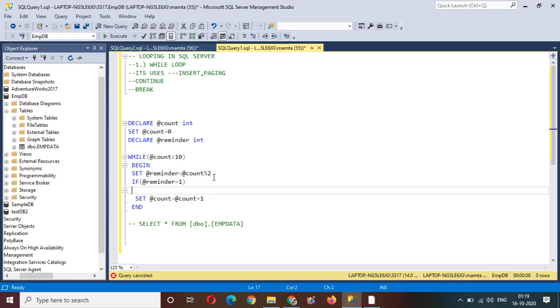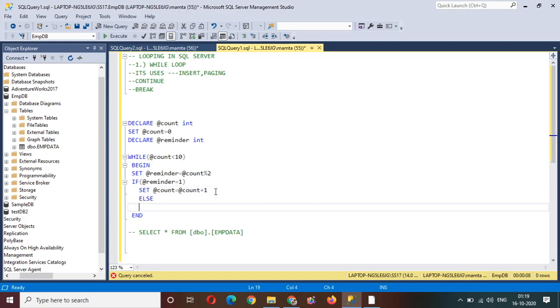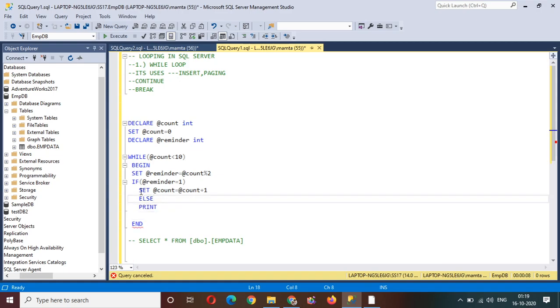So in that case, if it is an odd number, you do not need to do anything with the remainder. You just need to set the number. You do not need to print the number, you just need to increment your value. So in that case you need to increment your number, which we have done. Else, we need to print the value, and again we need to set the value.